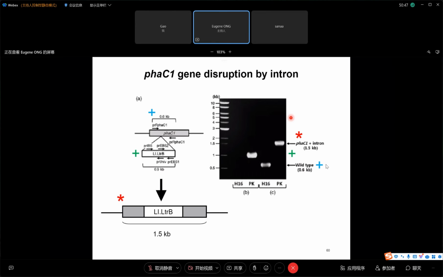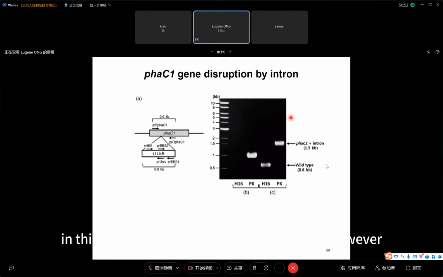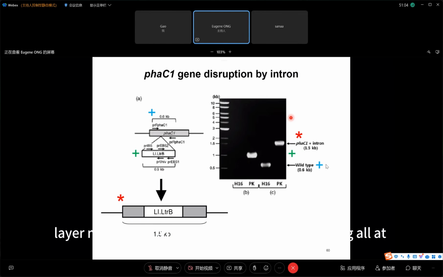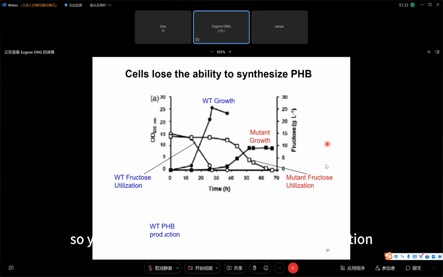You need to go step by step in certain cases. In this case, this information is very complex, right? However, when you present, you need to layer your information. Layer means that you do not just show everything all at once. Because if you show everything all at once, it will be very difficult to understand. So this means that this 1.5 kilobyte is shown here in this result. You need to know how to draw the information and how to